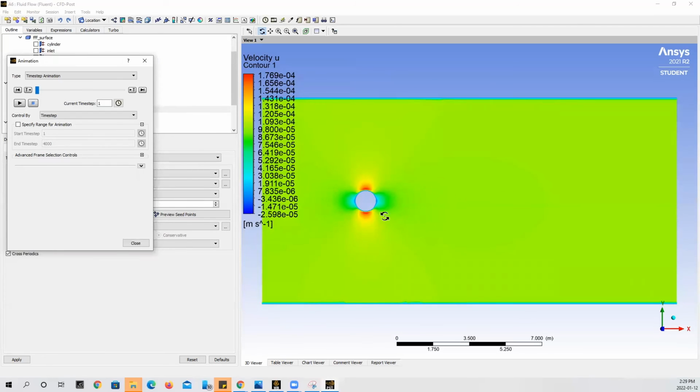Evidently, this animation is going to be controlled by our time steps because that is the information that we solved in the setup of the program. And if we wanted to, we could specify the range of the animation that we want. Like I mentioned before, we generated so many time steps and so much data for this simulation, and it would